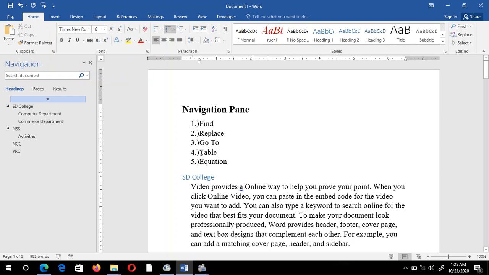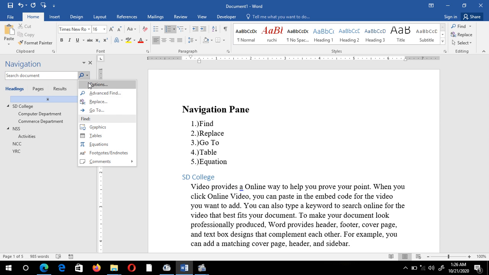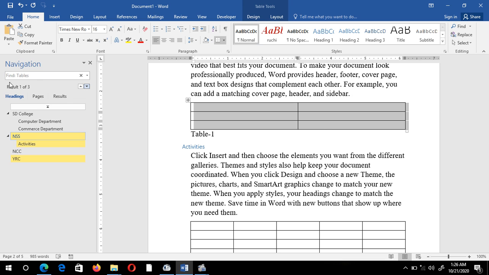Next is tables. Suppose in your document you have many tables, you can jump from one table to another. How can I jump? Let's see. You have to again click on this drop down option. This time select the tables option. Now you can see in the navigation pane the highlighted portion. It means in these headings and subheadings we have tables and it is showing result 1 of 3.